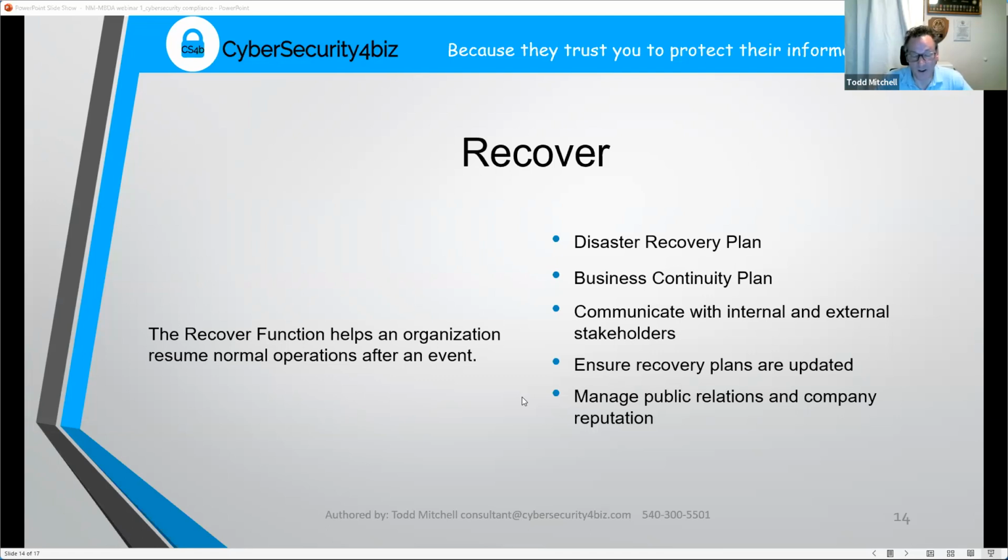Because if we all think about it, when you hear that 50 million credit card numbers were compromised at Target stores, the first thing that goes through your mind is, I'm never going shopping at Target again. So this is one of those things where you have to be able to react and explain what you did in a relevant way to the public to gain their trust and confidence to get them to come back. Otherwise, you are going to get a bad reputation and lose a lot of customers.